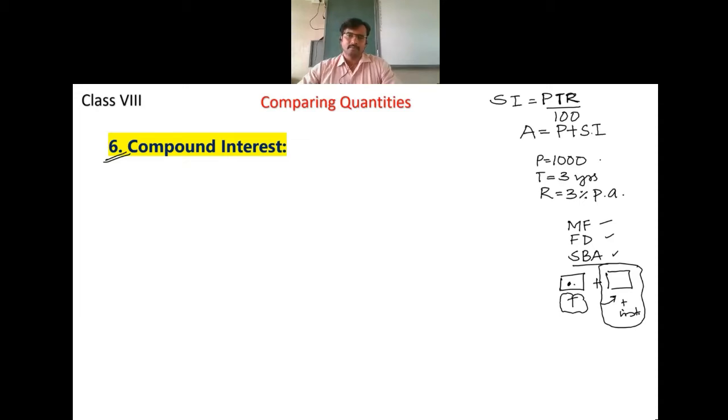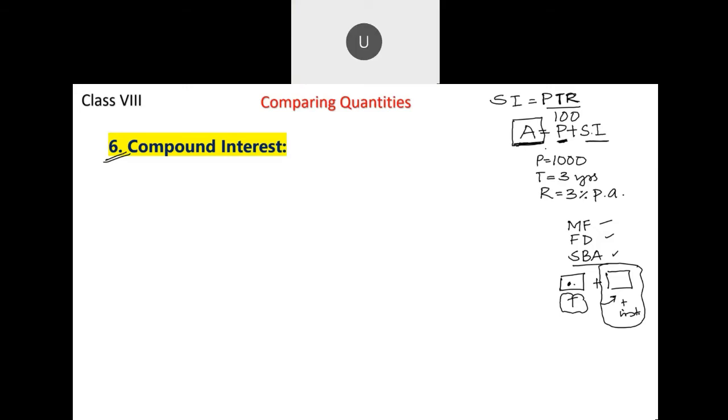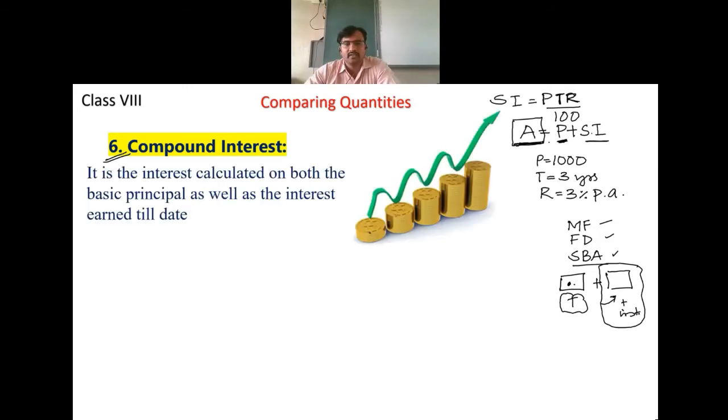Likewise, whenever you deposit an amount in a bank, you deposit for some time period. So for that particular period, the bank will calculate the interest. At the end, they will notify the amount. Amount is the principal amount plus the interest. If you open the passbook, you will come to know what is the rate of interest calculated, what is the principal amount earlier deposited, and what will be the new amount. You just observe it.